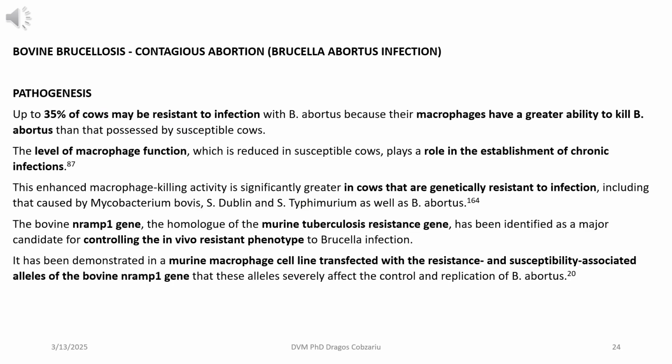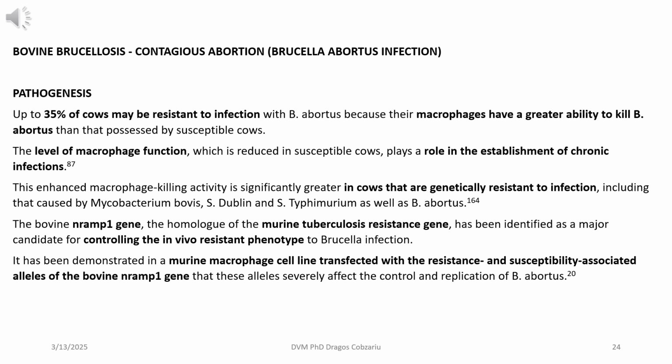Up to 35% of cows may be resistant to infection with B. abortus because their macrophages have a greater ability to kill B. abortus than that possessed by susceptible cows. The level of macrophage function, which is reduced in susceptible cows, plays a role in the establishment of chronic infections. This enhanced macrophage killing activity is significantly greater in cows that are genetically resistant to infection, including that caused by